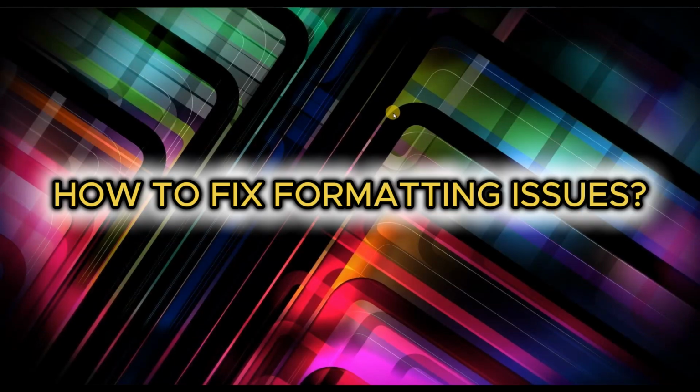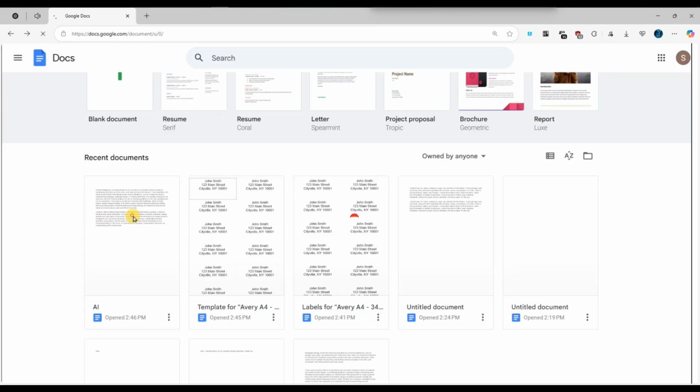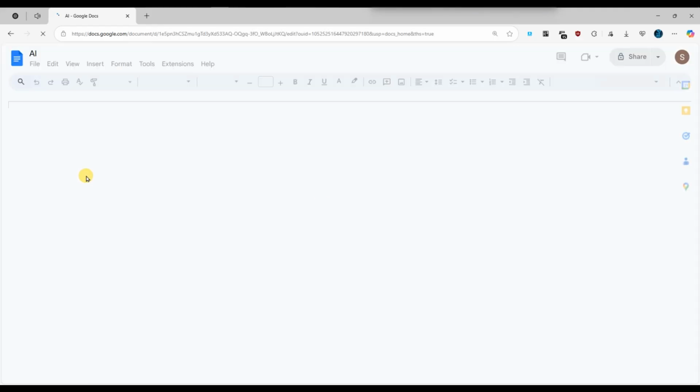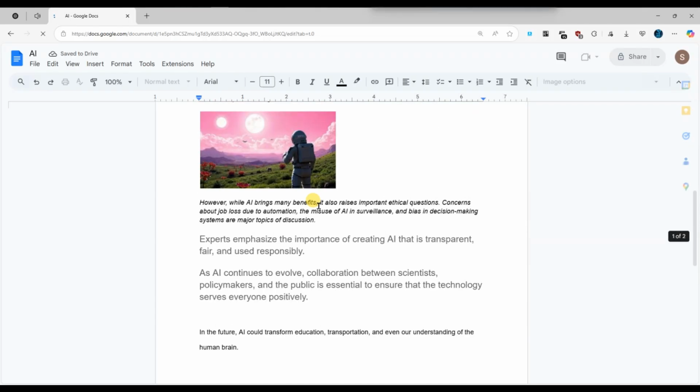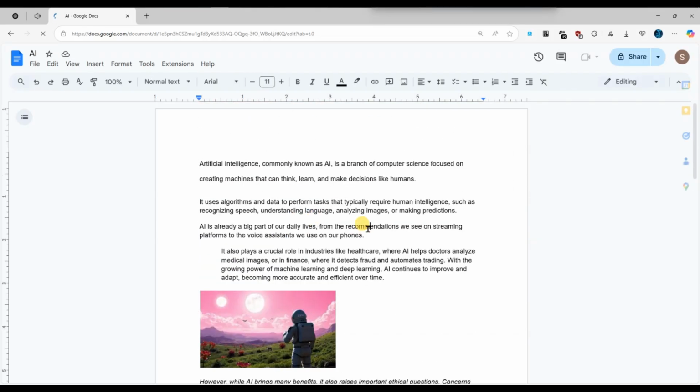How to fix formatting issues in Google Docs. First of all, open your Google Docs document where you are experiencing formatting problems. If your text looks uneven or spacing is off, start by selecting the problematic text or press Ctrl+A to highlight